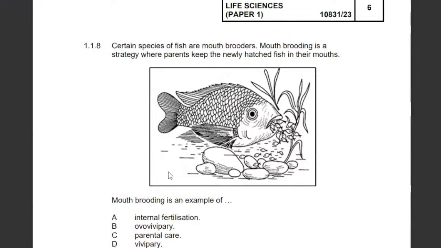So certain species of fish are mouth brooders. Brooders is like keeping the baby. You understand? Yes, you are keeping the baby. When it hatches, you keep the baby, so that until it is ready to face the